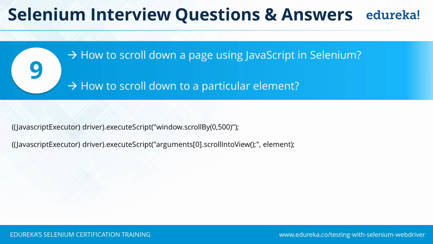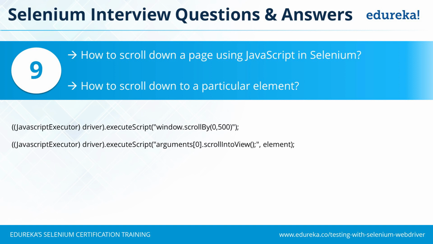So I want to scroll into view a particular element, and this element is a web element which has already been created with the help of any one of its attributes. Like, say, WebElement element equals driver.findElement by XPath ABC, and that is stored in this. You need to pass the web element so that JavaScript knows until the visibility of which element I should scroll down or scroll up. It will locate that particular element on the screen and then scroll accordingly so that the element is in the frame of view for the user.